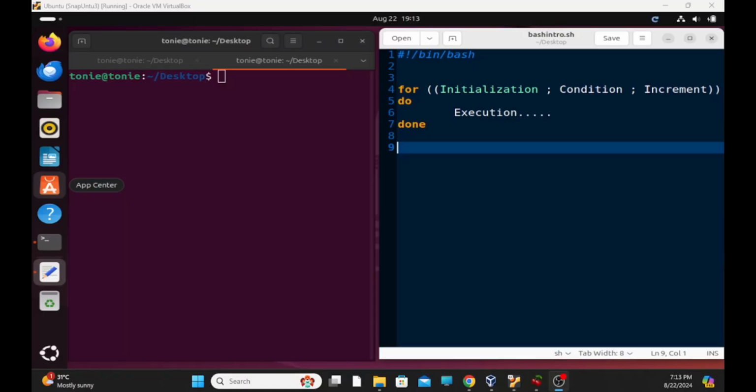Alright, let's talk about the for loop. So the for loop is a little bit similar to the while loop. However, the body or the structure is somewhat different. So in the for loop, you have the initialization, as you see, meaning that you declare a variable over here,